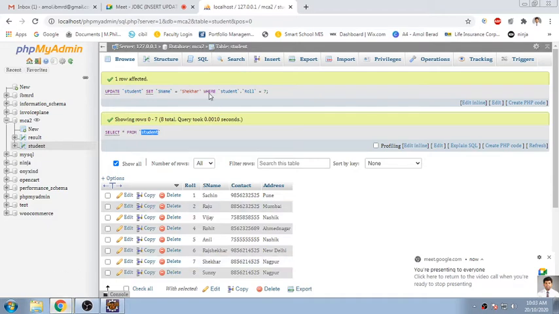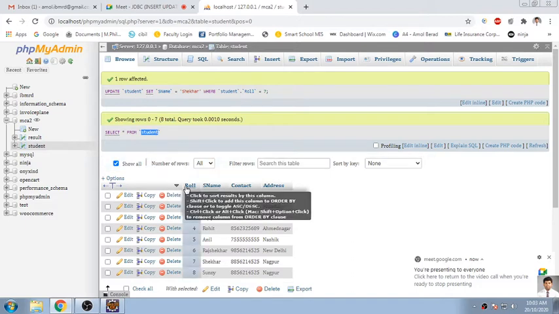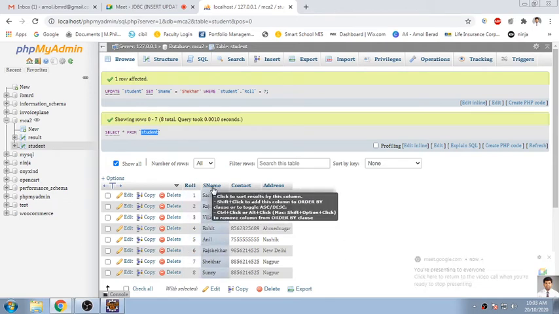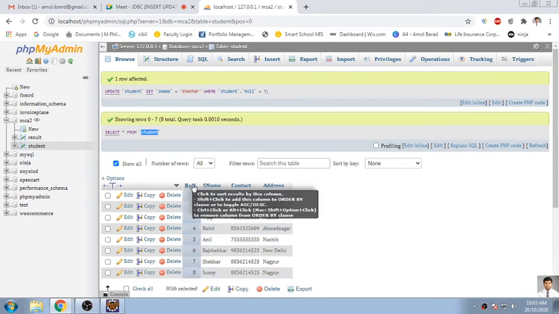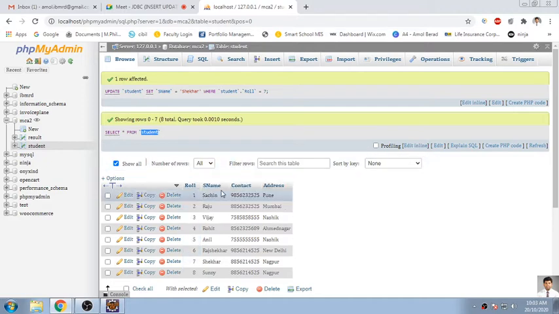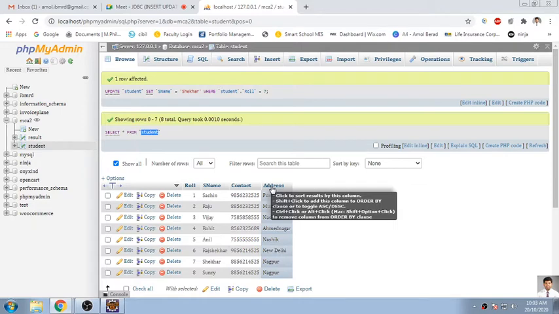So you have to specify the name of the database, the name of the table, and draw the table format, that is, what all fields are there. Specify with a pencil which data type you have used for roll number, student name, contact and address. That will be very clear for everyone who will be using it.